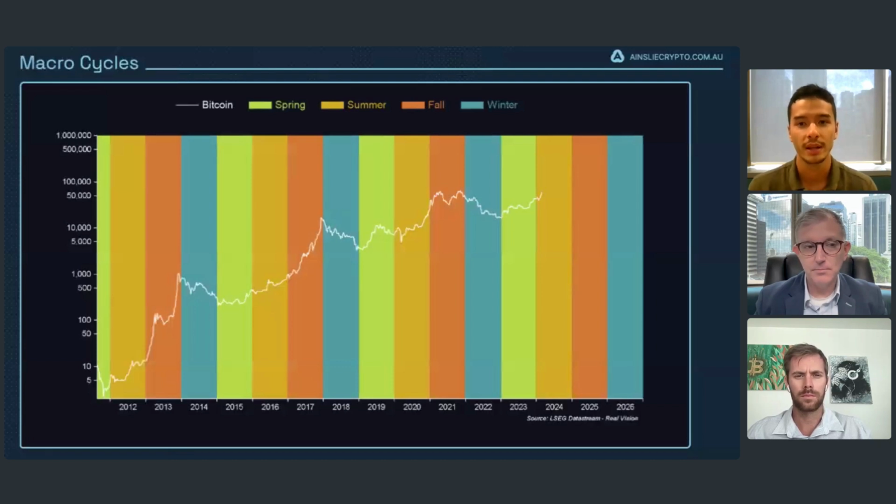Yeah. So this one is really good because I feel like it encompasses the 4-year cycle quite well, especially with the coloration. We've got spring, all that's there. So right now, where we are now, going into summer, which we've entered that region, I also want to preface saying you don't have to be charging up straight away right now. As we've seen in the previous cycles, you can have consolidations and dips here. And especially right now, a lot of people are freaking out, thinking that's the end of the cycle, that it's topped out here. But looking at what we're going to cover next with global liquidity,